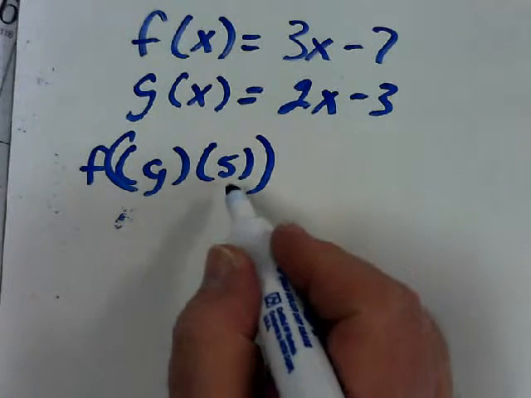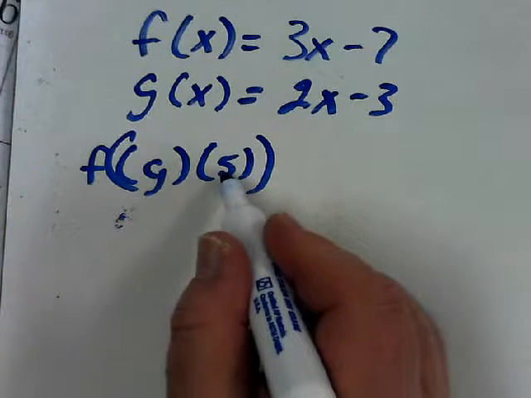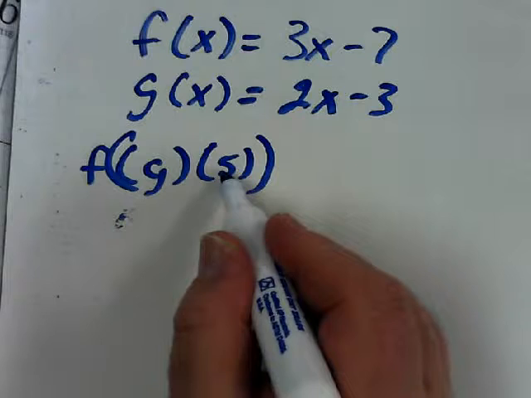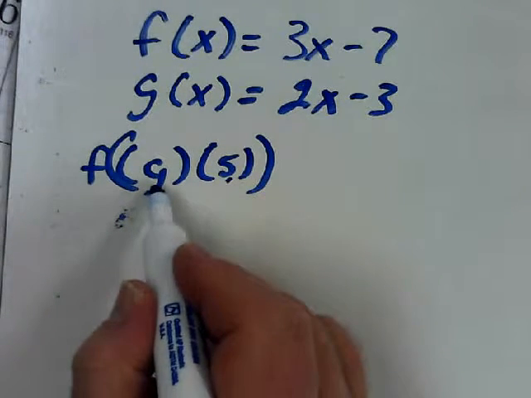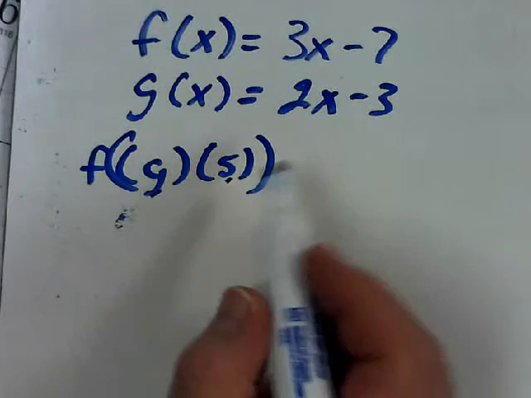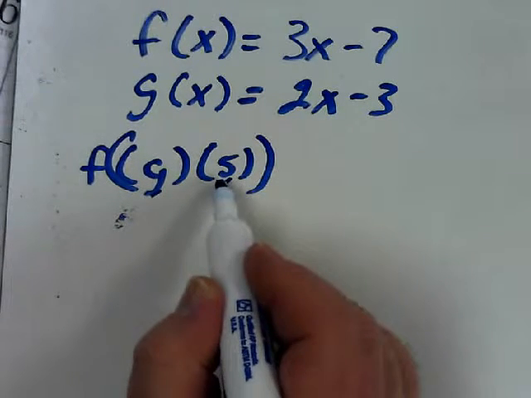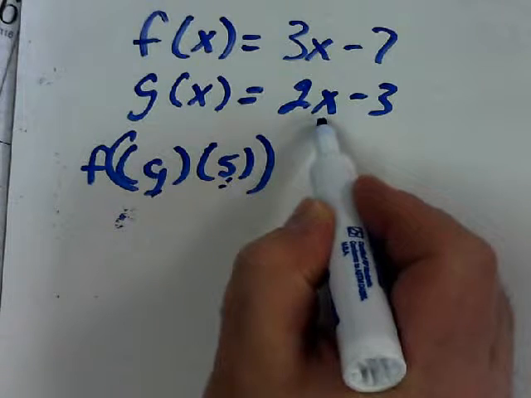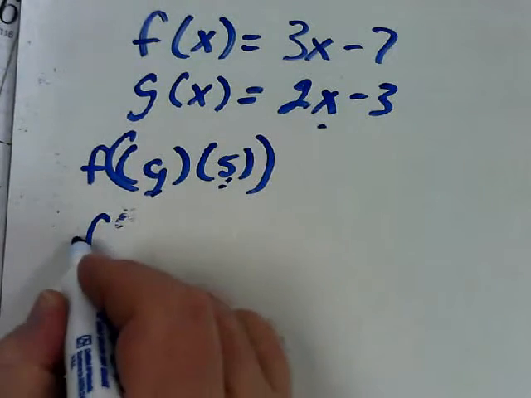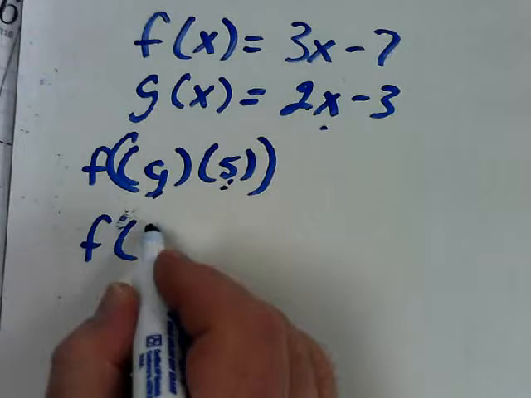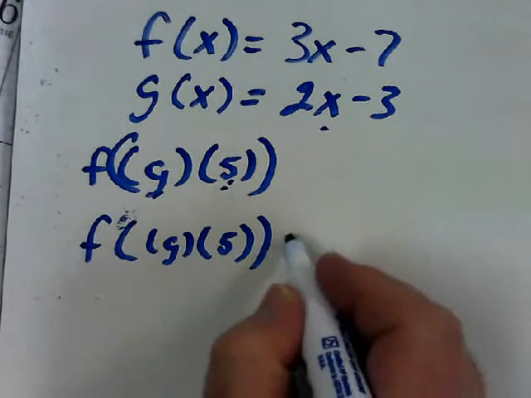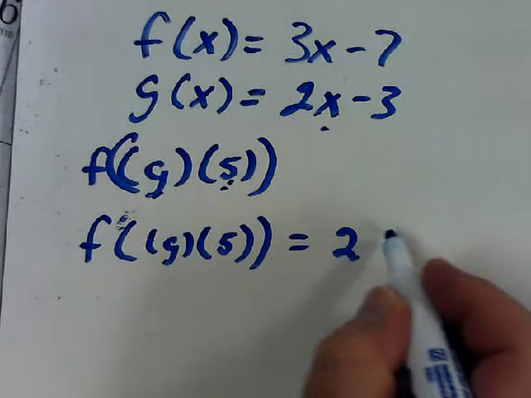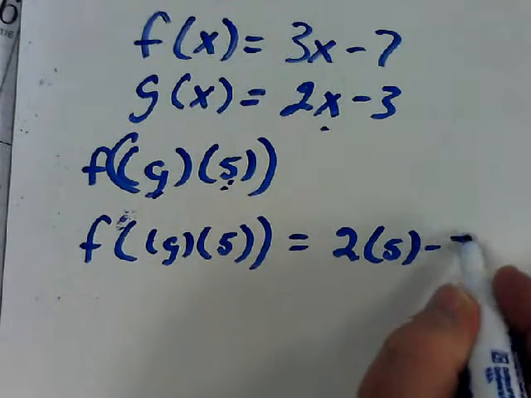Well, when we had these before, didn't I take this 5 and put it in the x? I put it in for the x, but since g is the name of the function here, the first place I'm going to put this 5 is here, isn't it? Okay, so f of g of 5, my first replacement would be 2 times 5 minus 3,